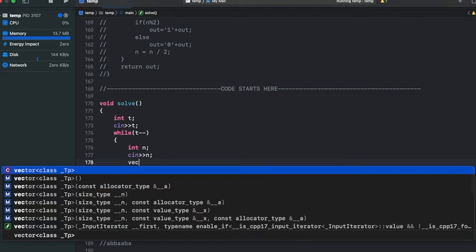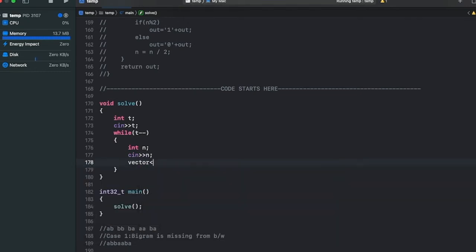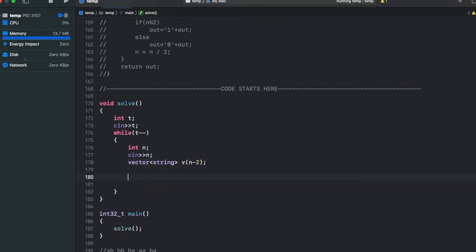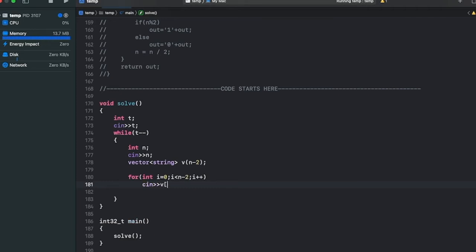The total number of bigrams will form a vector of strings, and the total number of bigrams is n minus 2 because one bigram is missing. So what we'll do is take the input of all the bigrams, cin into v of i.